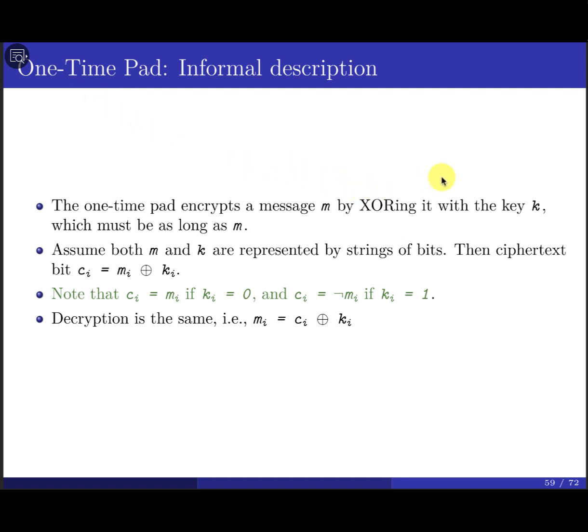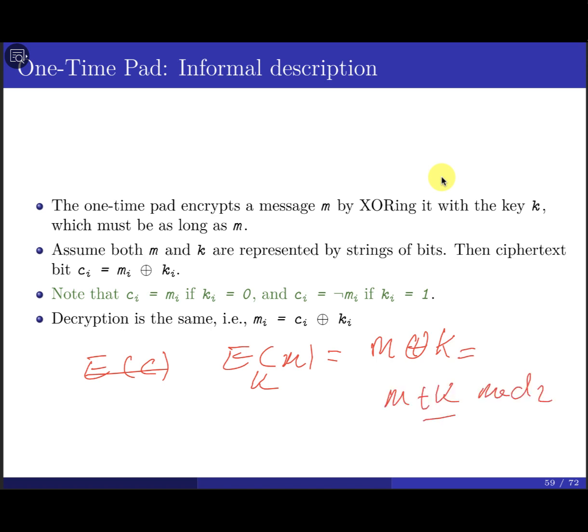So the way to perform encryption, I think we talked about this last time, it's useful for every single encryption scheme you write to give the mathematical notation: how can you perform the encryption and decryption. If you have a message, let's say M, you encrypt it using the key. Here, using the one-time pad, I'm going to use M exclusive OR K. So it looks like M plus K mod 2. That's the operation you're going to perform here.